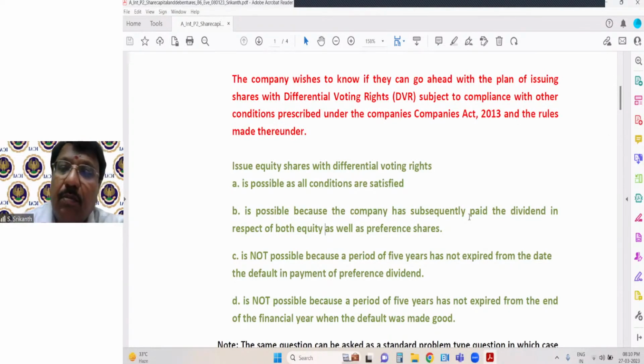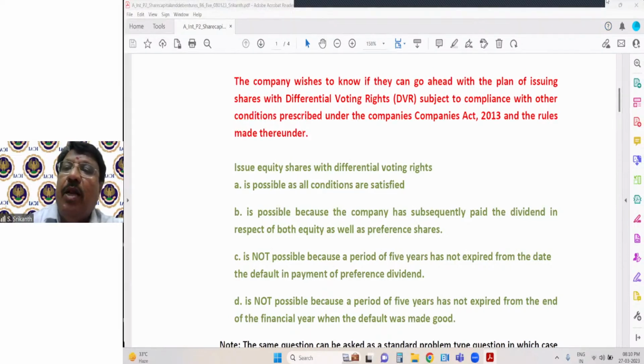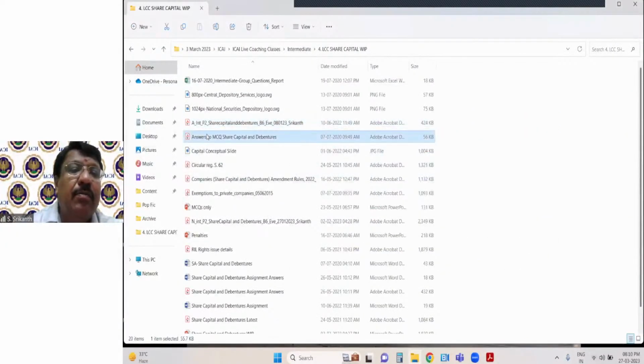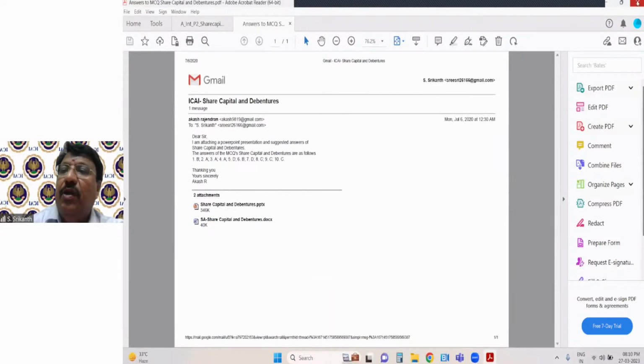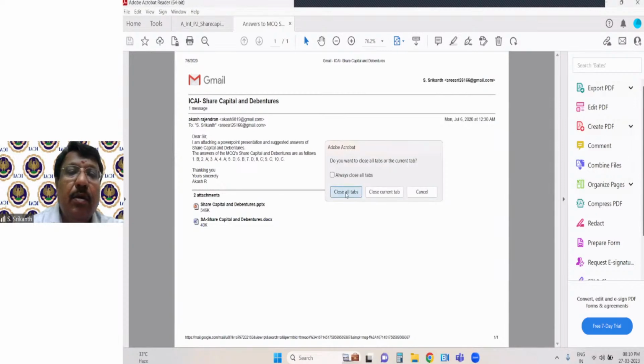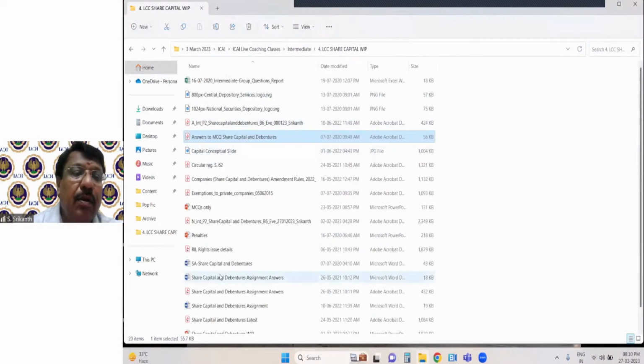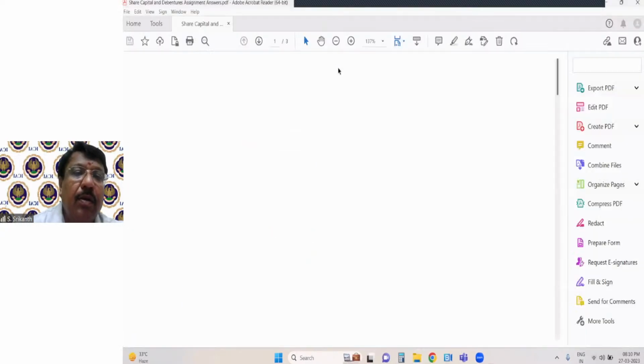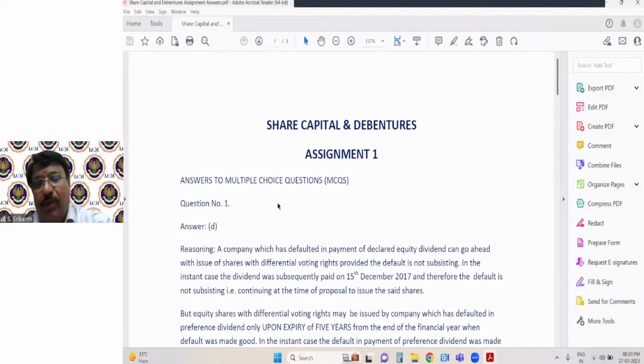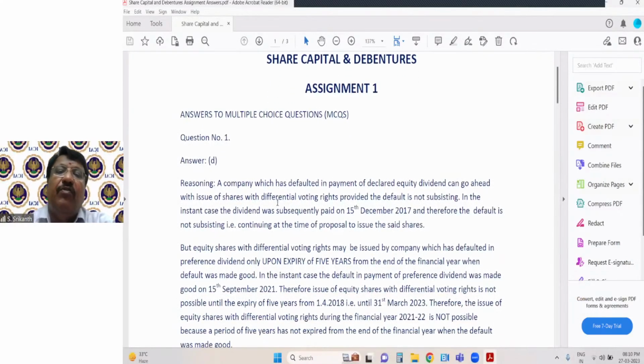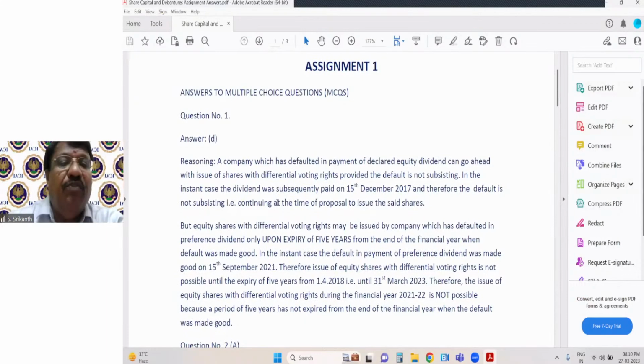So, B. See, let me open that answer. I'm so sorry. A company which has defaulted in payment of declared dividend can go ahead with issue of shares with differential voting rights, provided the default is not subsisting. In the instant case, the dividend was subsequently paid on 15th December and therefore the default is not subsisting. So as of today, it is not continuing. Agreed, so it looks like B. But